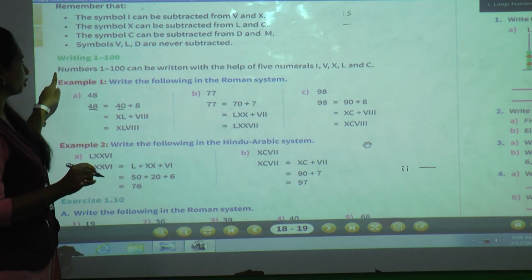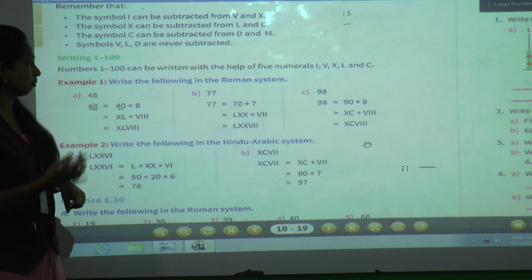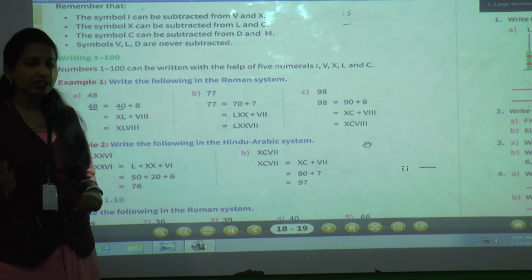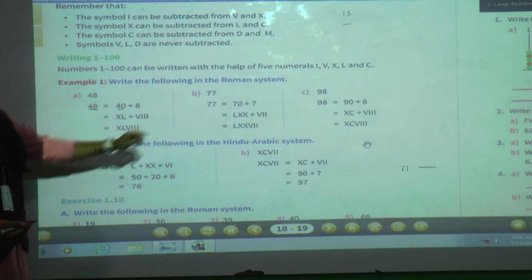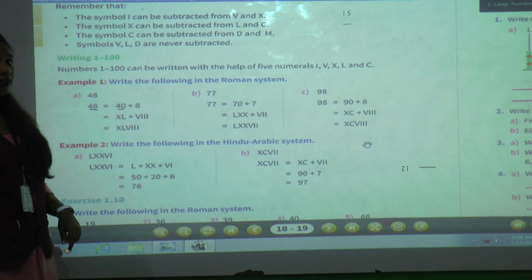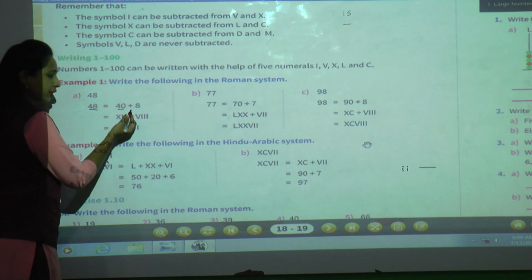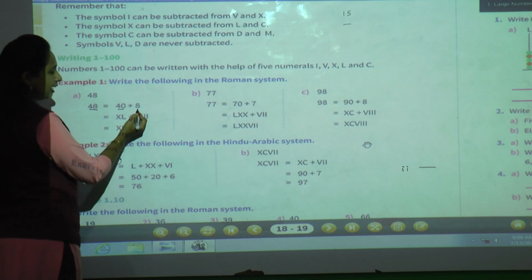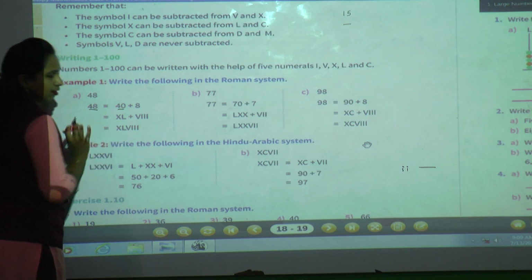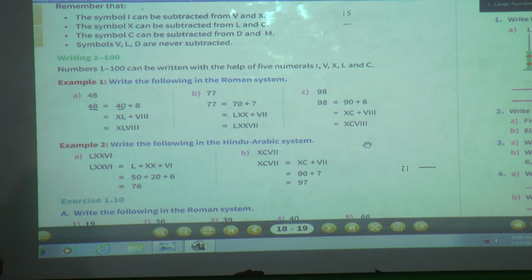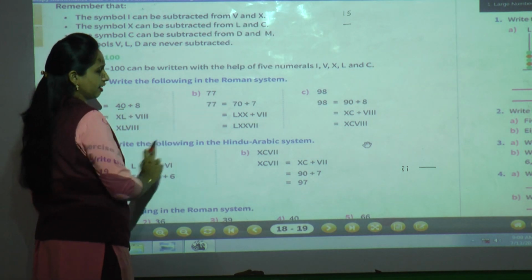So students, what you have to do? First you have to write Roman numbers 1 to 100 in your Math classwork. Once you write everything, you can do this automatically. Okay, I will send you the 1 to 100 Roman numbers through WhatsApp. Got it? Now 40 is represented as XL and 8 is represented as V triple I. So just add together and write together. Understood?